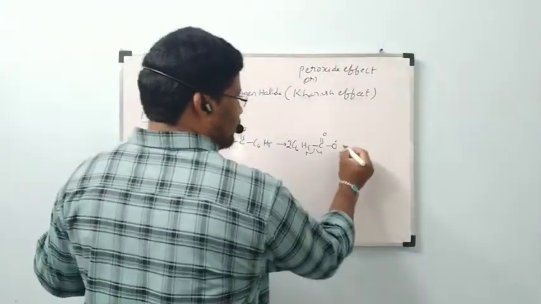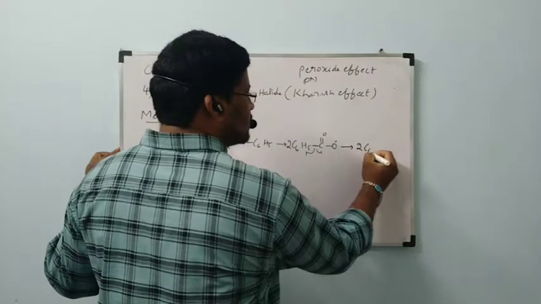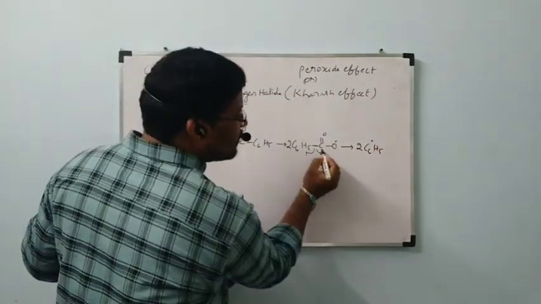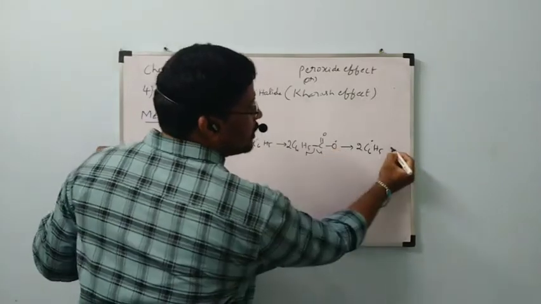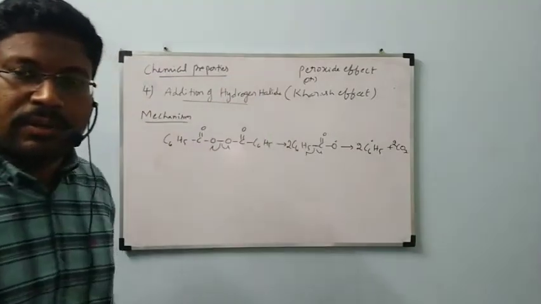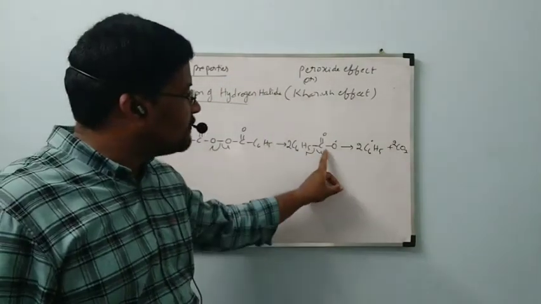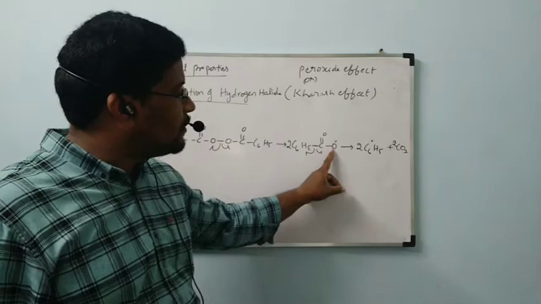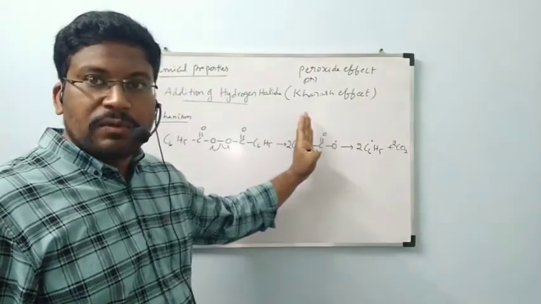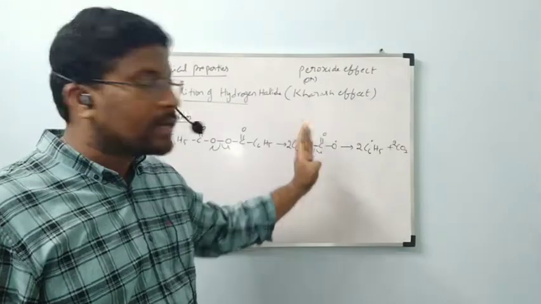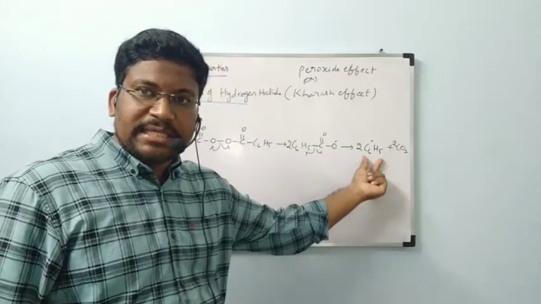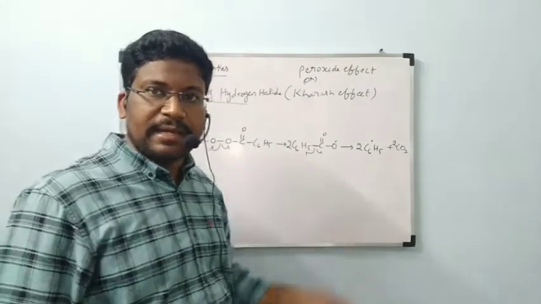That's why we will get 2 moles of C6H5 free radical. This carbon free radical and oxygen free radical will combine to form CO2. 2 moles of CO2 will escape out. Here C double bond O is already there, formed as CO2. We got 2 free radicals of C6H5, that is called phenyl free radical.